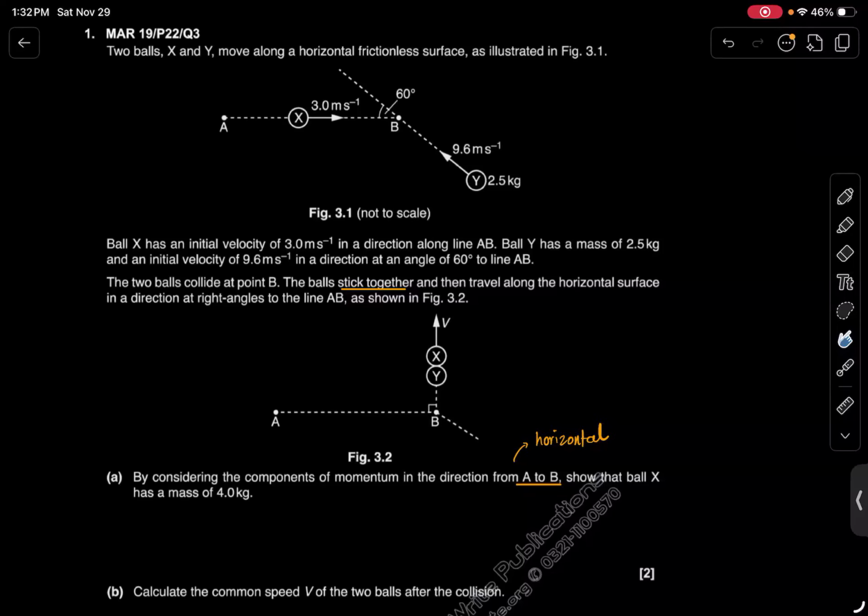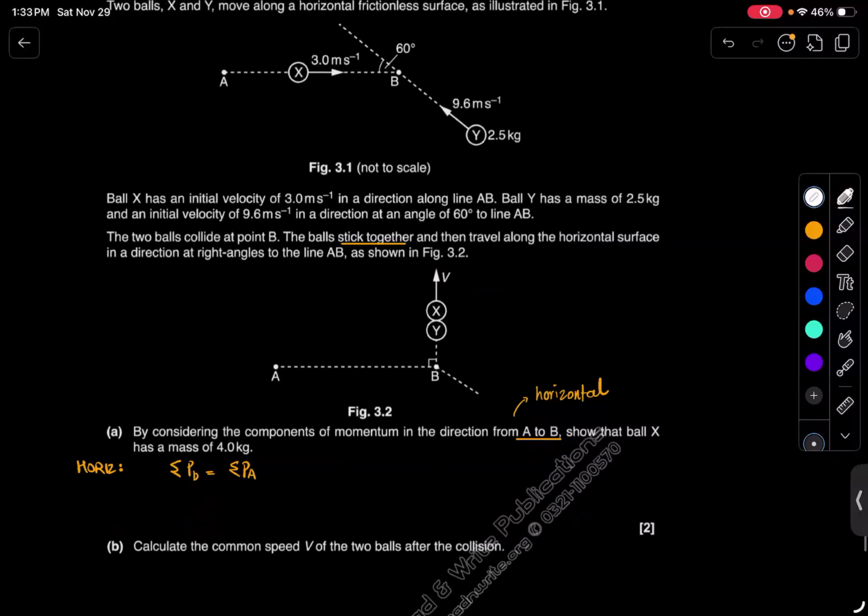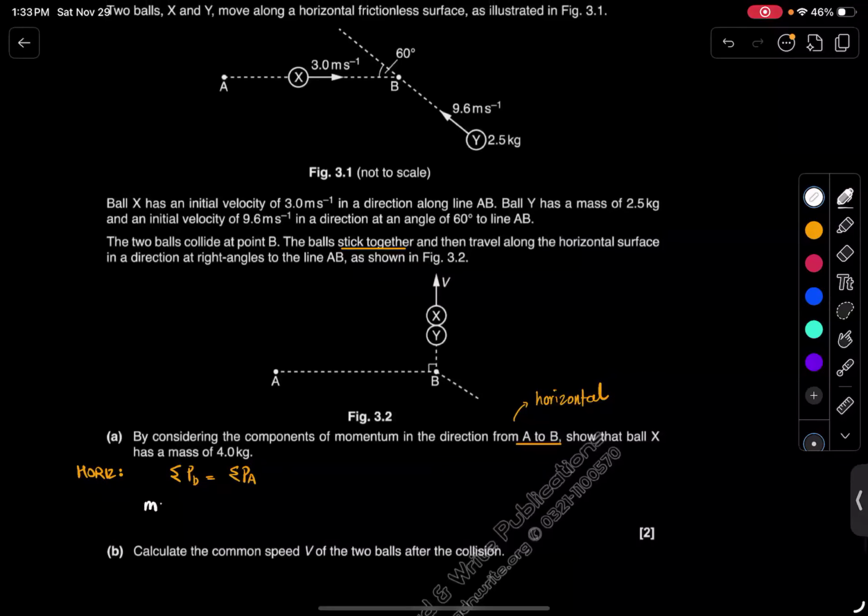Yes, Hania. How do you solve it? We're going to write the equation and then make the mass the subject. So do I consider horizontal momentums? Yes, only horizontal. The sum of momentum before is equal to the sum of momentum after, but I'm only considering horizontal momentums in this case. Now, what is the total horizontal momentum before collision? That's going to be m into 3